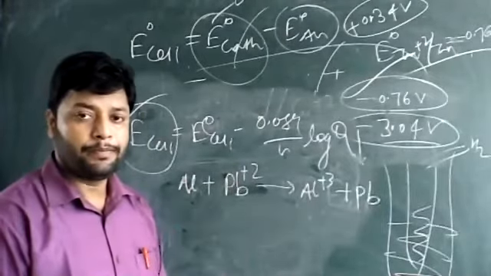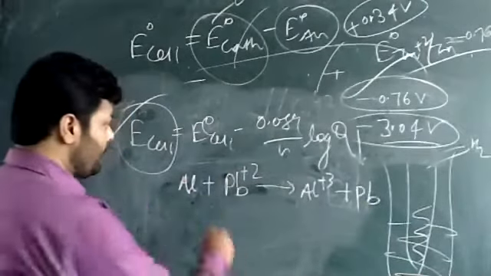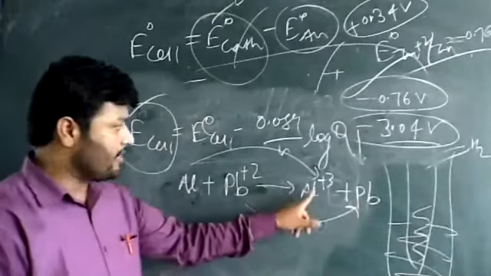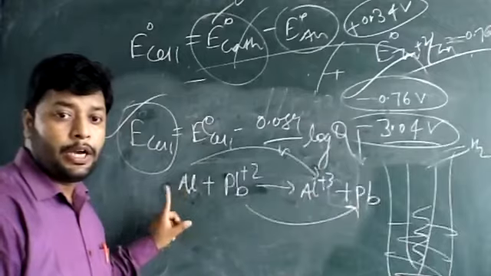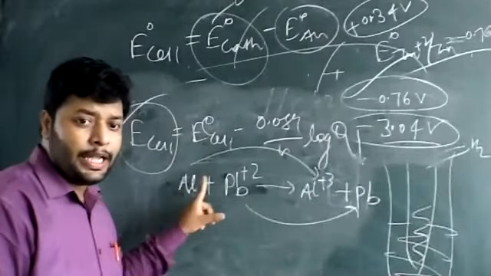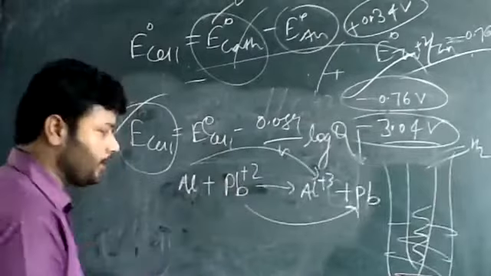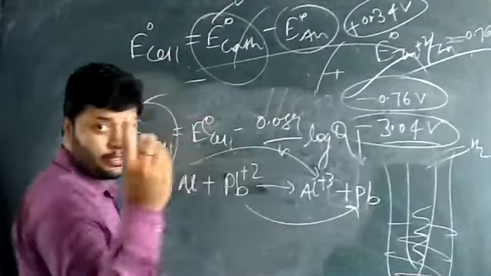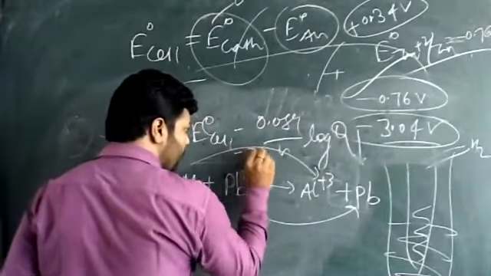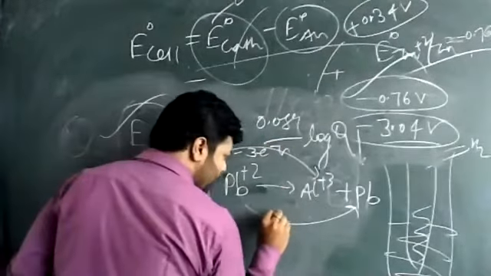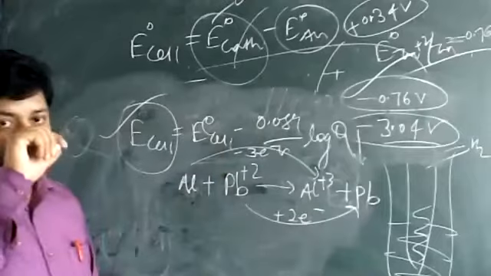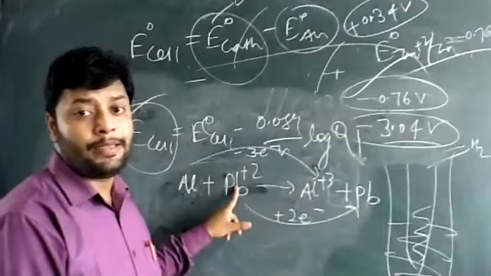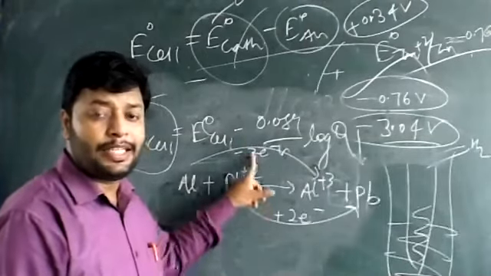In the aluminium with lead example, you can see through the reaction that aluminium gets oxidized and lead gets reduced. The substance going for oxidation is termed the reducing agent. So aluminium is the reducing agent and Pb plus 2 is the oxidizing agent. You can see the number of electrons changing: minus 3 electrons for aluminium, and plus 2 electrons for Pb plus 2. There is a transfer of 3 electrons from aluminium and 2 electrons accepted by lead plus 2, but there is a difference in the number.